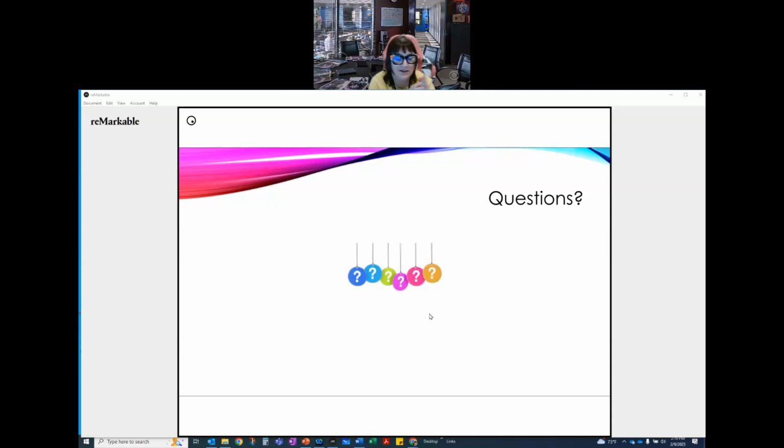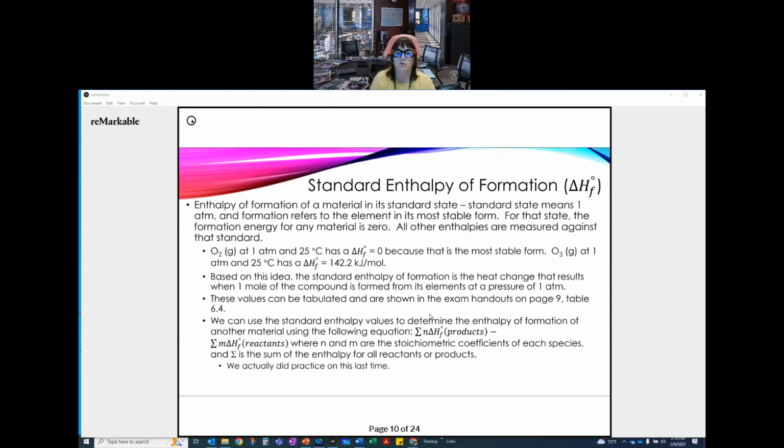Okay, guys, welcome back. So now we're going to talk about the heat of formation in specific detail. We've actually looked at this in some detail already. We did some of these calculations the last time, but we didn't call them standard enthalpies of formation, which is